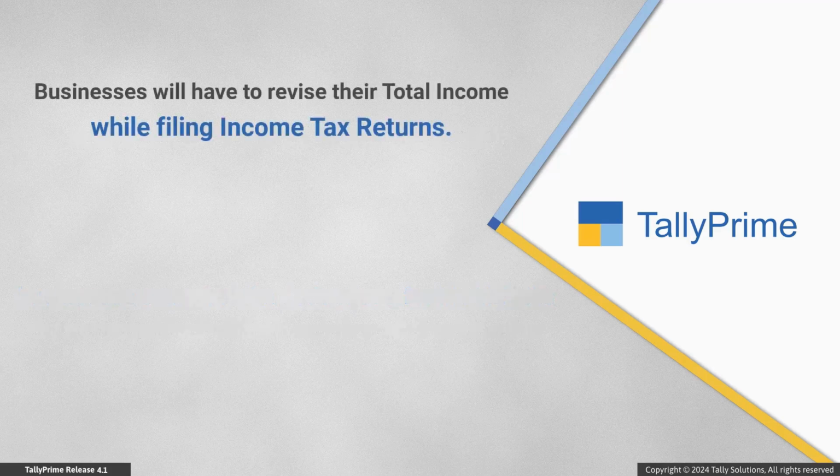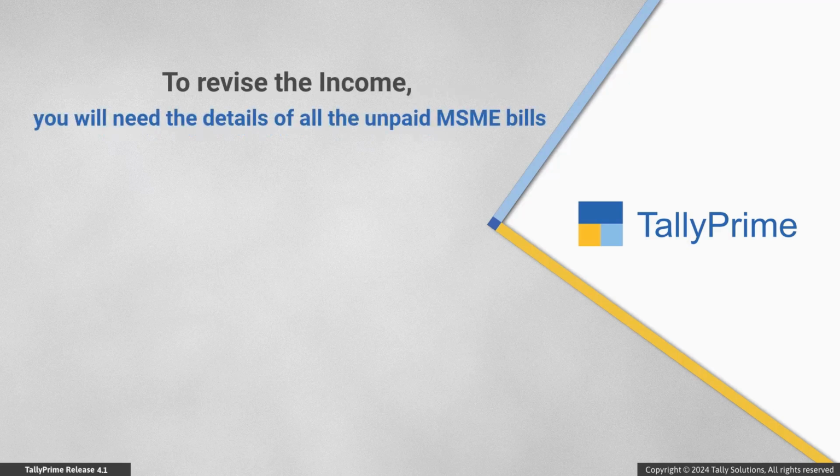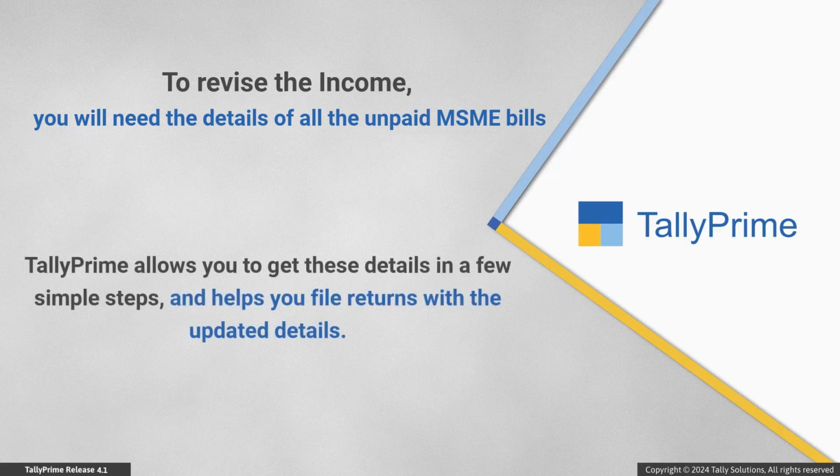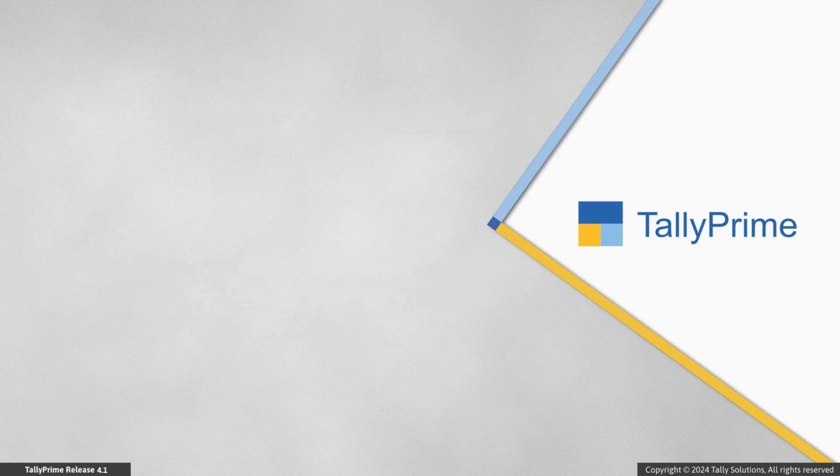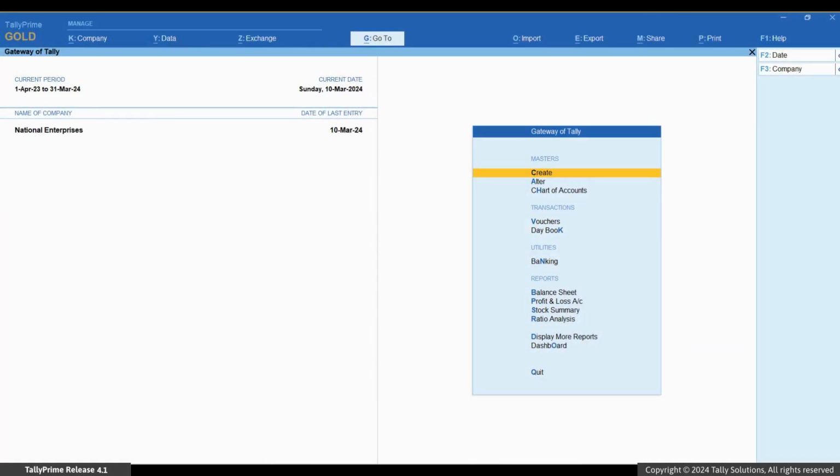Accordingly, businesses will have to revise their total income while filing income tax returns. To do this, you will need the details of all the unpaid MSME bills as on the deadline. Tally Prime allows you to get these details in a few simple steps and helps you file returns with the updated details. You can get the list of disallowed bills for the financial year, for example 2023-24, by going to